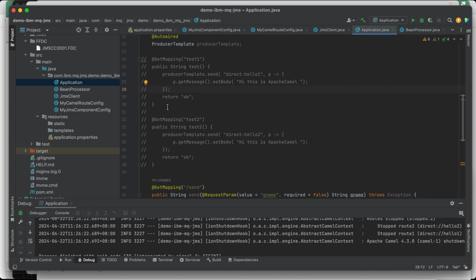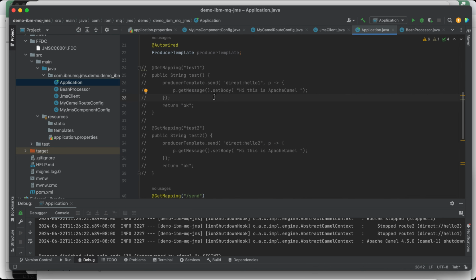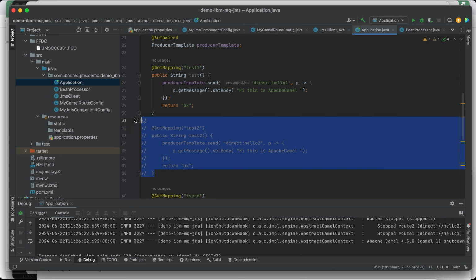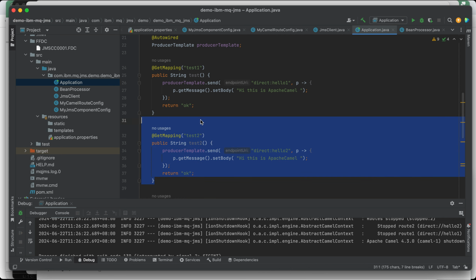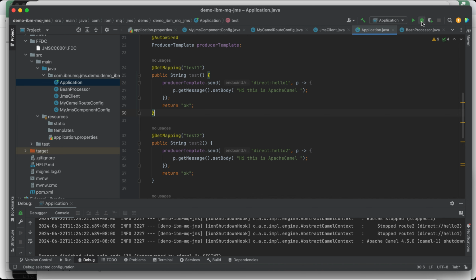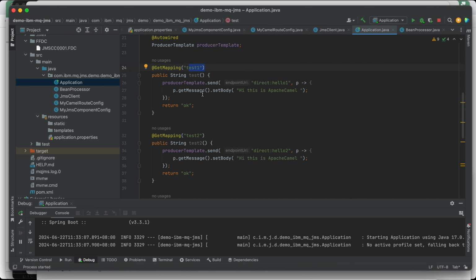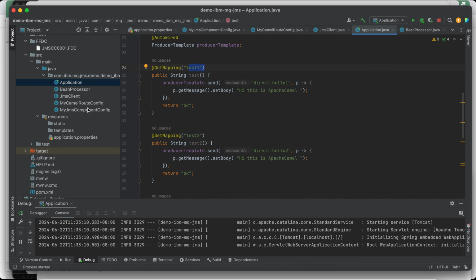So here I created two endpoints. One is for JMS. This is the same as the one I demoed last time, and this is the new one, the Bean component. Let's run it and see the difference. The first endpoint will be sent to JMS component as per our configuration.